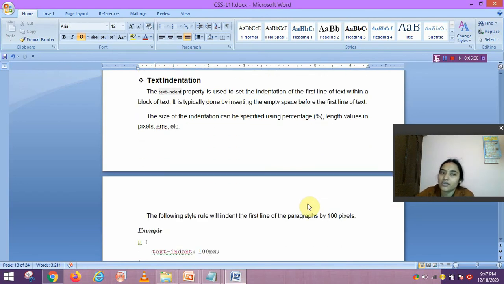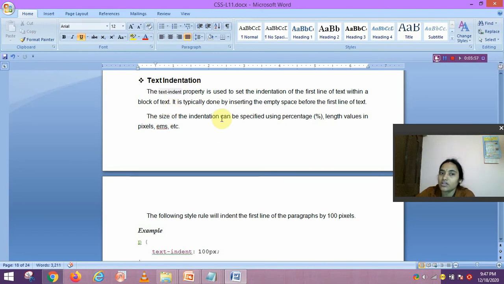Next is text indentation. The text-indent property is used to set the indentation of the first line of the text within a block of text. It is typically done by inserting empty space before the first line of text.